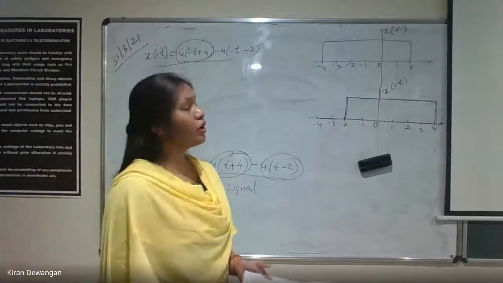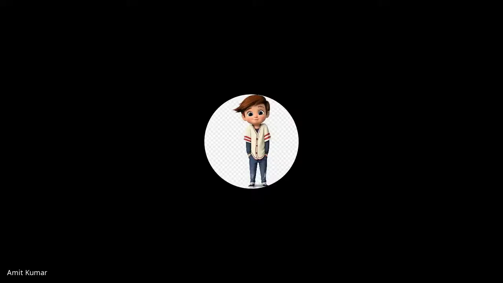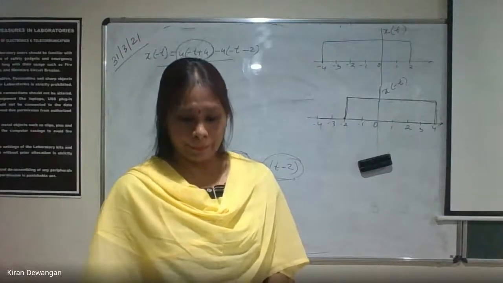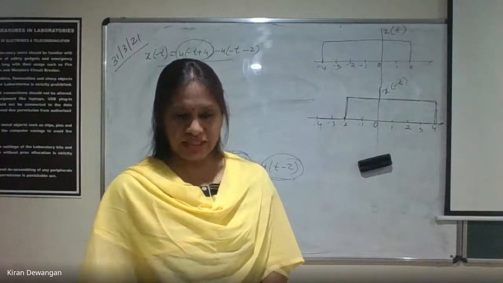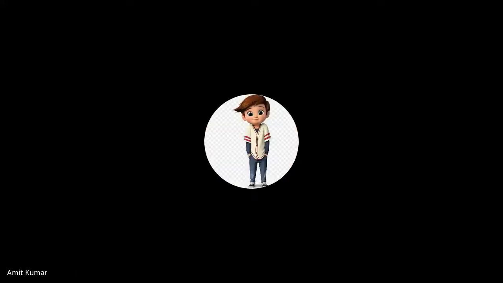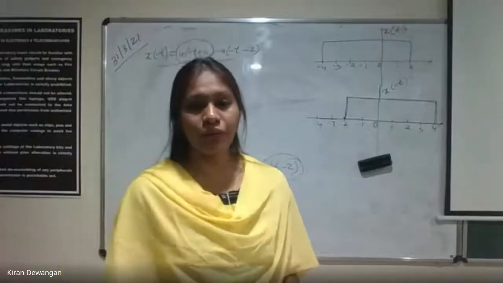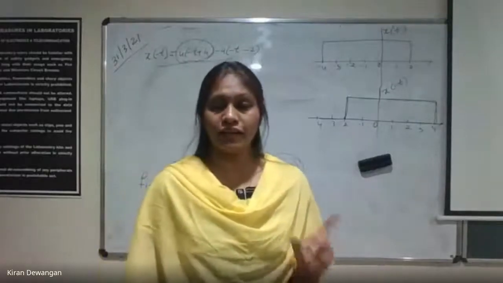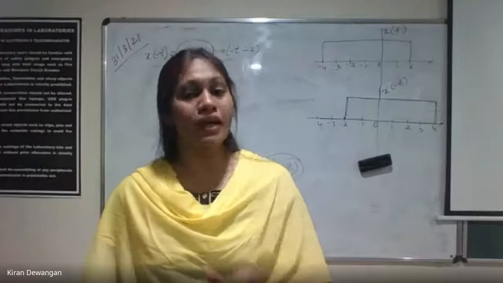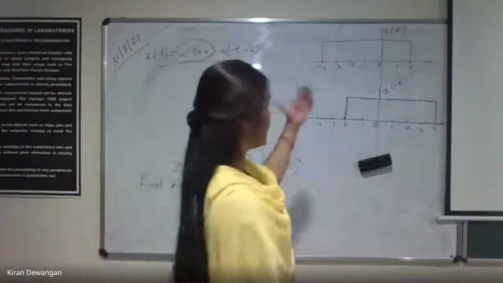Is it symmetric about the vertical axis? No, ma'am. Ma'am, odd function. It is antisymmetric. Antisymmetric कैसे होगा? मैम क्योंकि वो राइट साइड में 4 और लेफ्ट साइड में 2 है. Antisymmetric की क्या कंडीशन है? x of minus t should be minus of x of t होना चाहिए. तो ये नेगेटिव तो हो ही नहीं रहा है आपका.